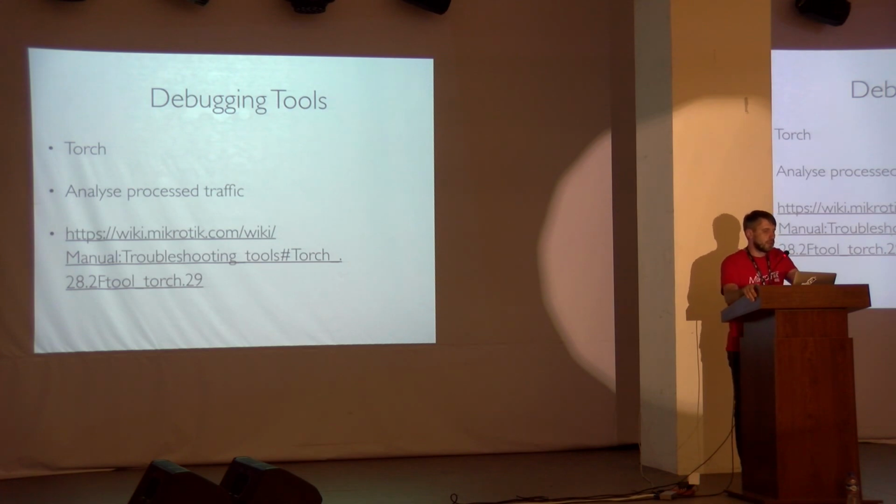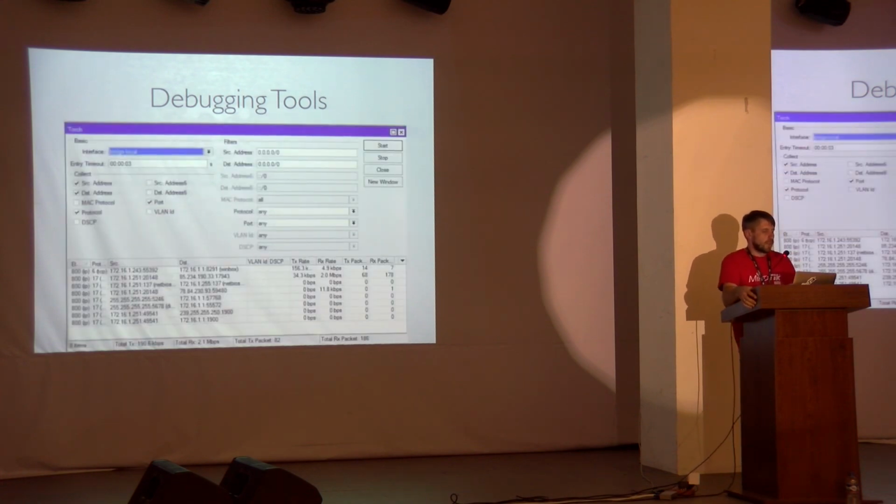The next powerful tool for debugging your router is Torch. Torch is a way how you can see the packets that are going over your router in real time. Torch allows you to select the interface, and then you select source and destination address and protocol, and see what kind of traffic is going over that interface. There is transmit and receive rate, and also transmit packets and receive packets. So if somebody is sending some extensive data over your device, you can see it in Torch.